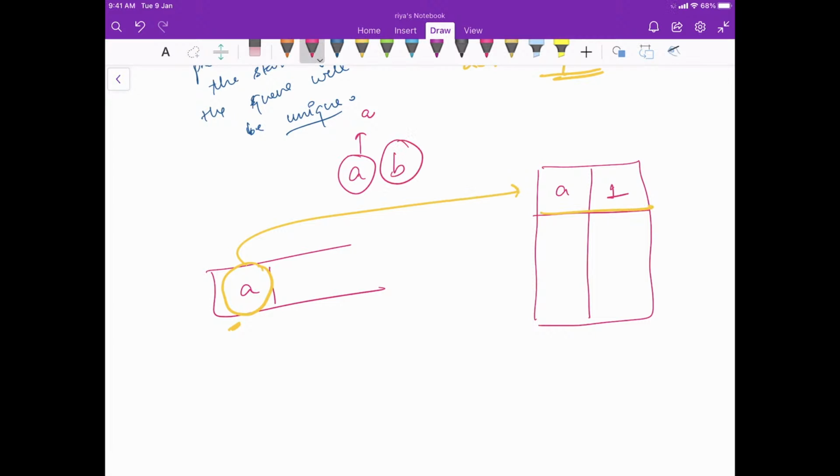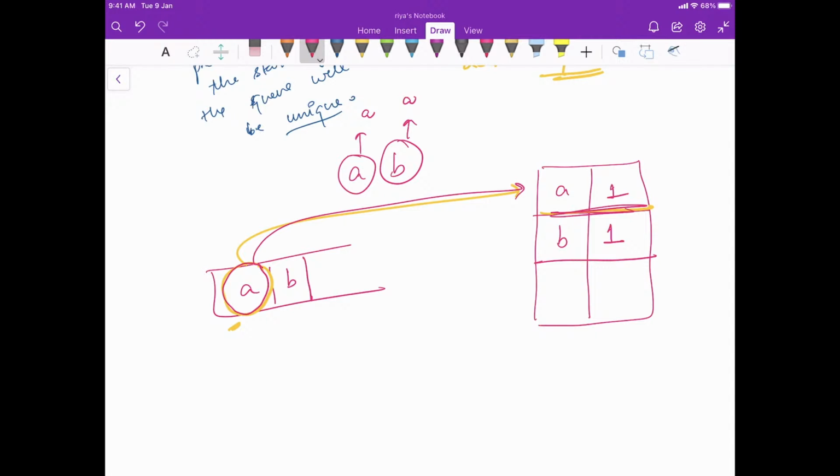Let's say the next character that comes in is B. So B comes into the picture. Again the frequency is 1, so I simply put it. The first character at the start of the queue is A with frequency 1. So for this also the answer is A. This is what the output is going to be. Now what exactly will happen is, okay, let me check what happened.